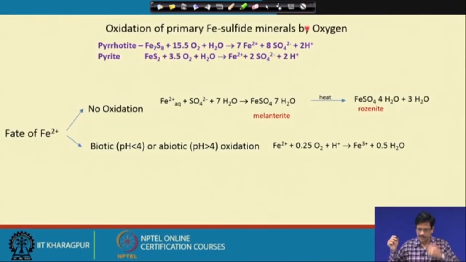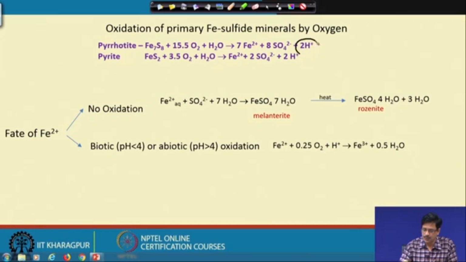So, we can see through this schematic reaction what exactly happens, or the chemical control. So, this gives us some idea as to the process of oxidation of the primary iron sulfide minerals by oxygen, where we could see that pyrrhotite gives rise to 2 H plus, and